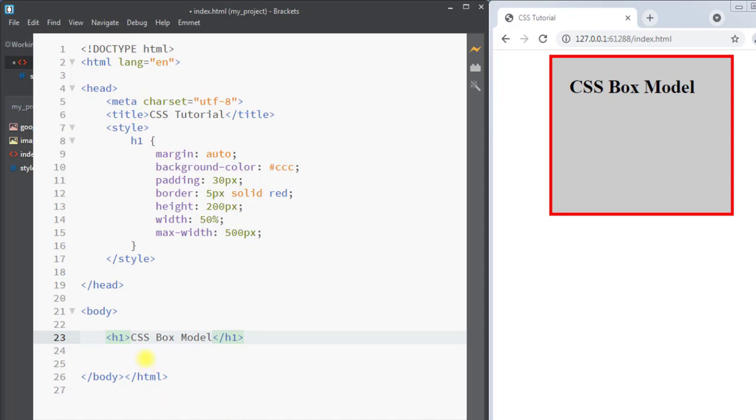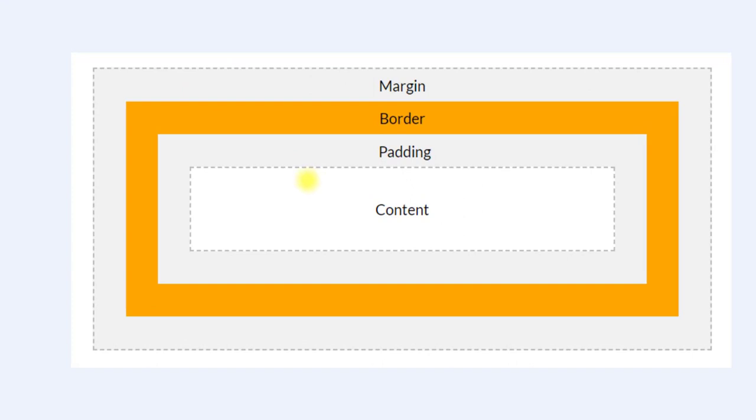In CSS, the box model is a very important concept, and it is very important to understand the box model to properly lay out all the elements on a web page. The CSS box model is just like another box. It consists of the margin, then the border, then the padding, and inside we have the content of